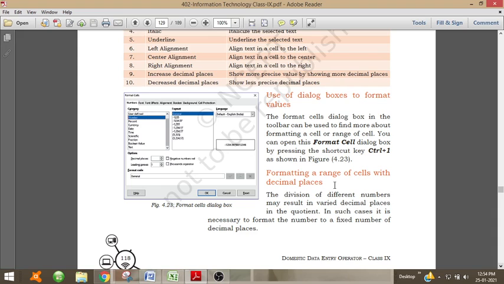Formatting a range of cells with decimal places. The division of different numbers may result in varied decimal places in the quotient. In such cases, it is necessary to format the number to a fixed number of decimal places.